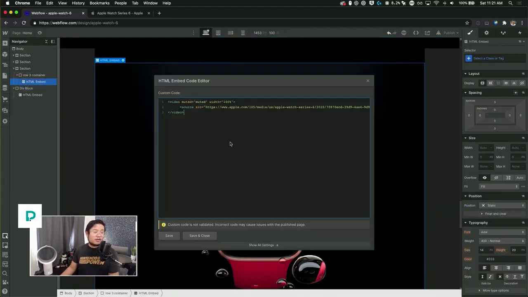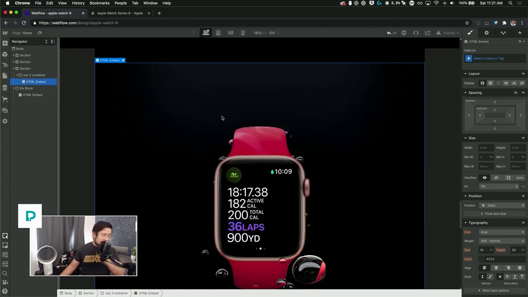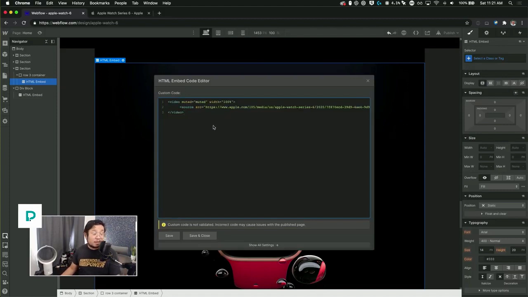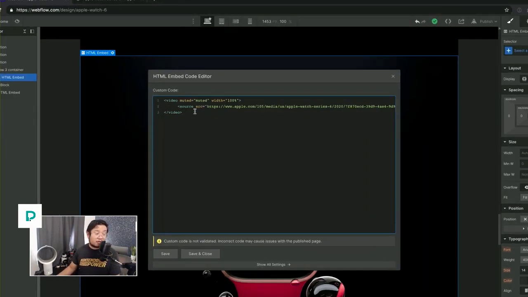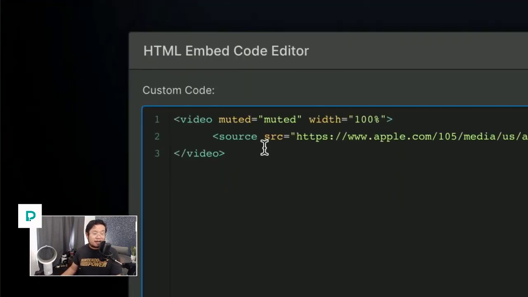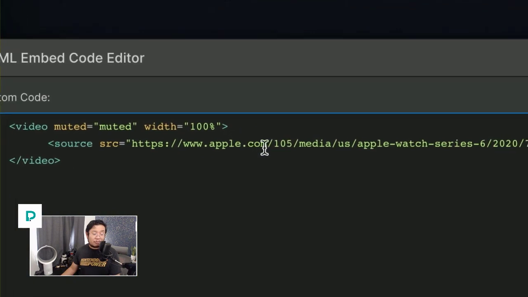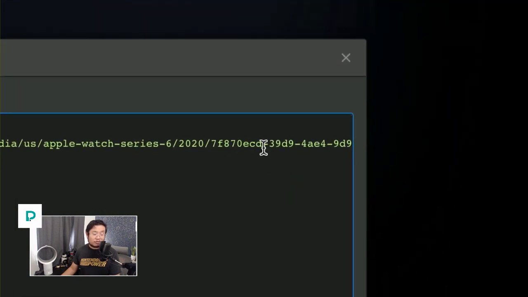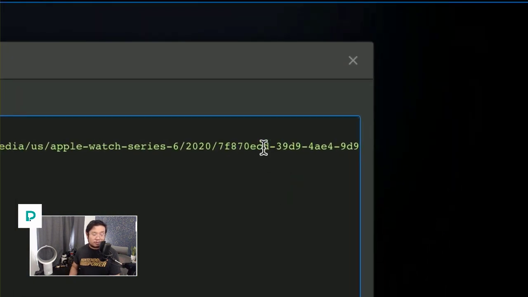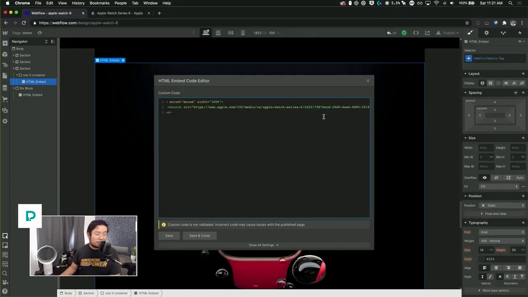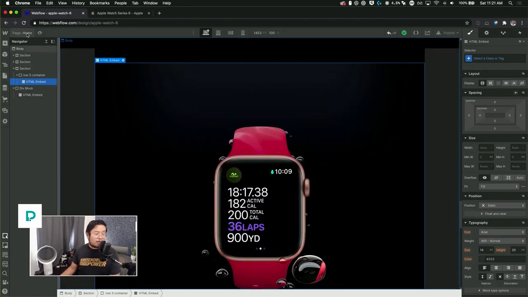All right. So this HTML embed is just a HTML5 video tag. Okay. And it's just video, and it's pulling the video from Apple's web servers. All right. Super simple. You can find it in the clonable project when I'm done today. All right. However, if you don't have this